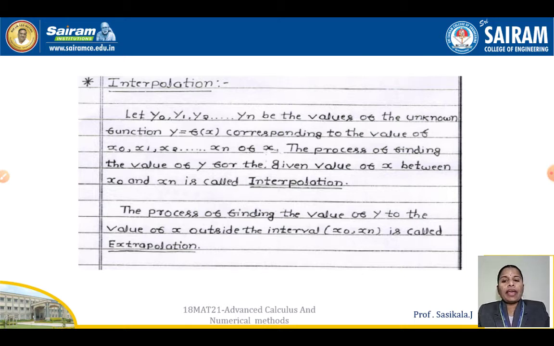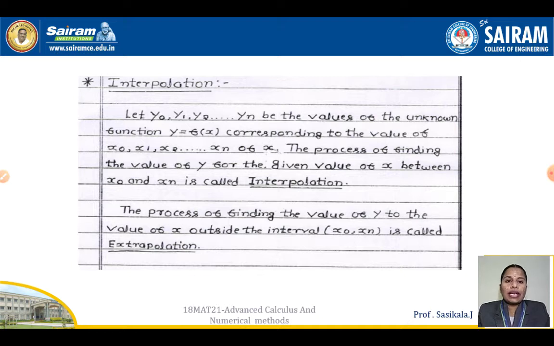In this interpolation, the set of values of x can be of two types: one is equal and the other is unequal intervals. Based on the interval type, equal or unequal, we can use Newton's method. In this video we are going to see only the equal intervals. That means the difference between x0 and x1, and x1 to x2, and so on, gives the h value, which is the interval of your x terms. We will use that as the interval value.